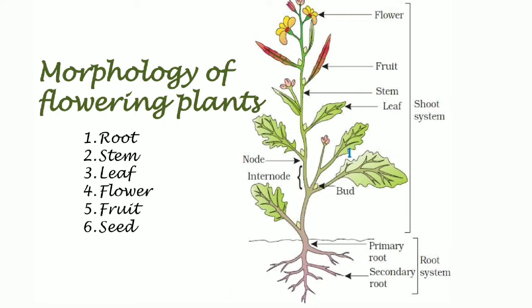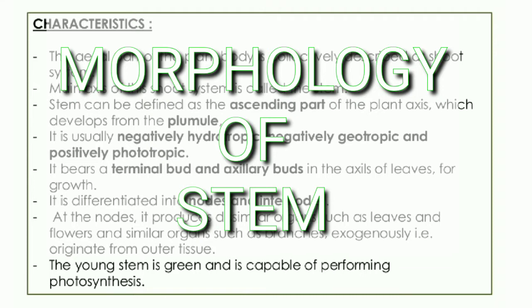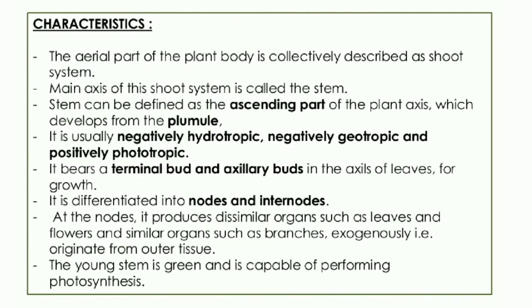In the last class, we have discussed the basic structure of root, the functions of root, and the modifications of the root to perform various functions. In today's class, we shall discuss the structure of the stem, or morphology of the stem. Right. First, we shall see some of the characteristics of the stem. Okay. Coming to the characteristics, first one, the aerial part of the plant body is collectively described as a shoot